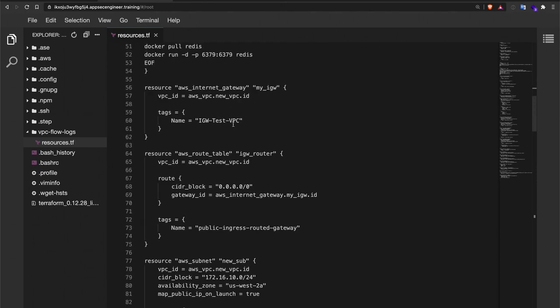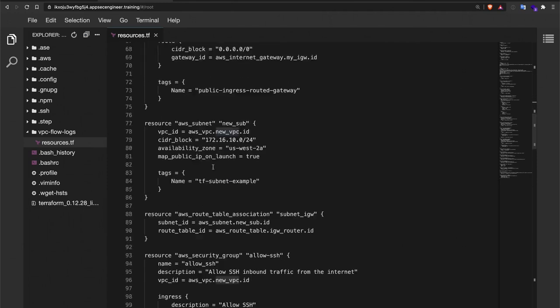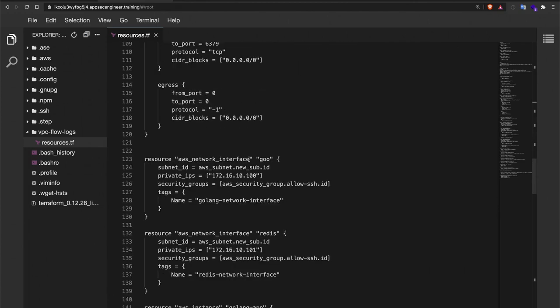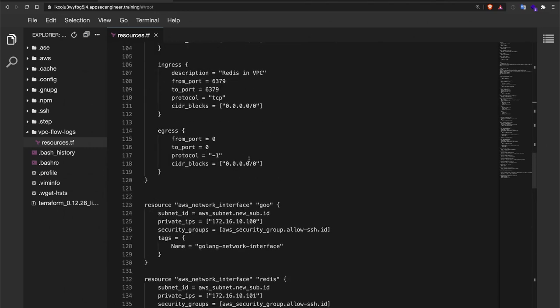You will see that we've created an internet gateway for these servers to gain access to the internet. We've also created a route table, a subnet, and so on. So we've only created a public subnet. We've not created a private subnet. So that was the first mistake that we've made. We've created the public subnet and not the private subnet.